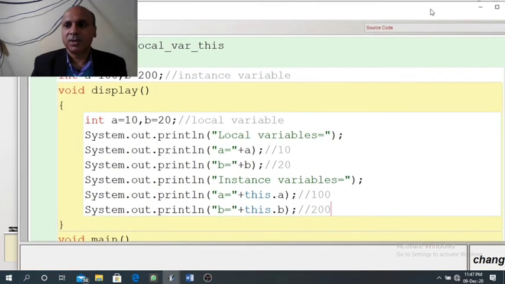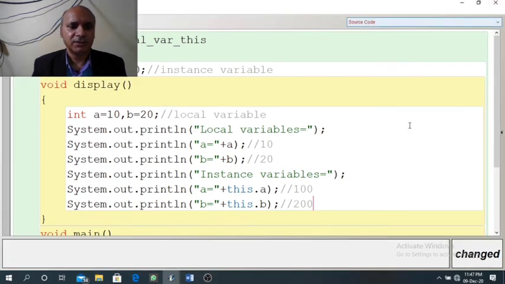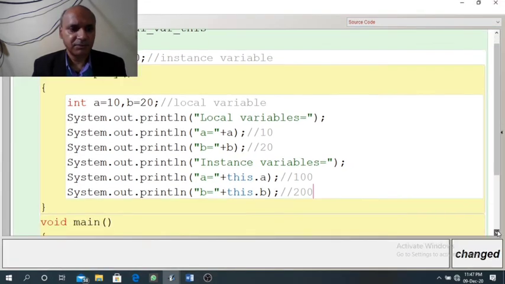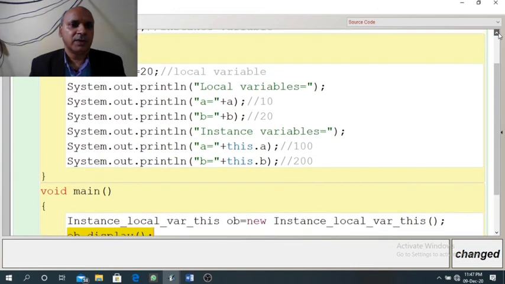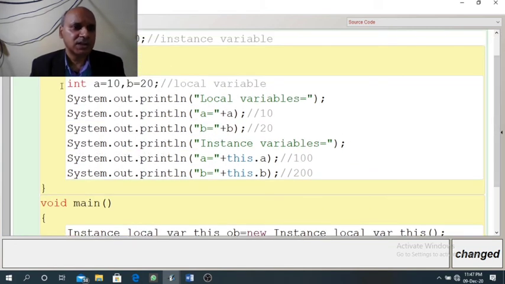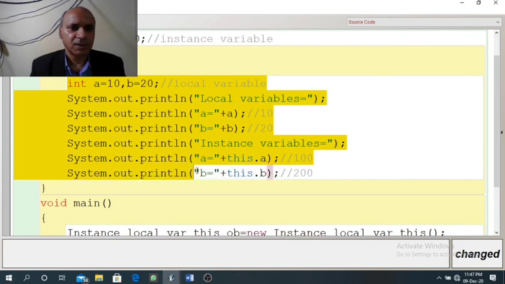So this is the display method. One more method we have in the same class, that is the main method. In main, first an object of the class is created. Now through the object ob we are calling display, that is ob dot display. So when display is called through the object, the same block will run, and we will get instance variable and local variable both.